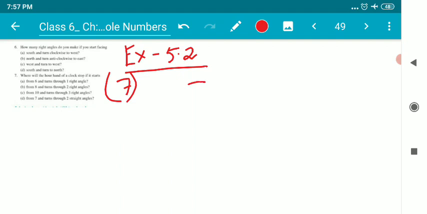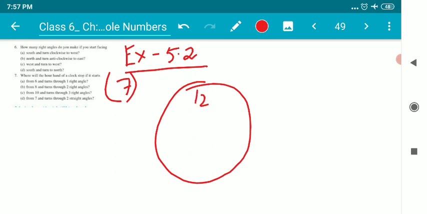Our first job is to draw a clock, children. Similar sums I have already explained in the previous video, rather in the live classes. So here the numbers of the clock are 12, 1 and 2, 4 and 5, 7 and 8, then 10 and 11. That's fine. I'm standing at 6.